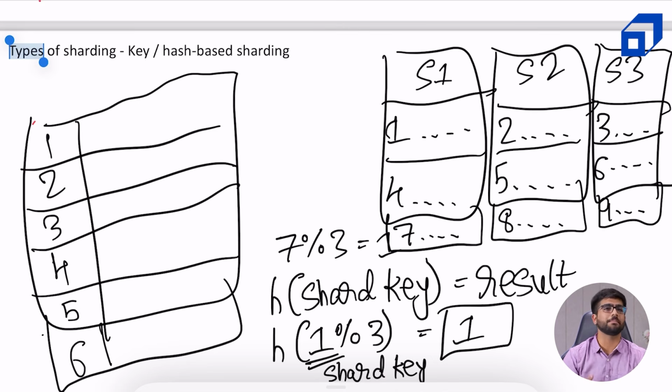Now, what happens if we increase to 5 shards? We need to change the hash function as well. If the hash function was the same, shard 4 and shard 5 will remain empty because there is no output of the hash function which matches those shards. So we will change our hash function from modulo 3 to modulo 5 now, and we might need to rearrange